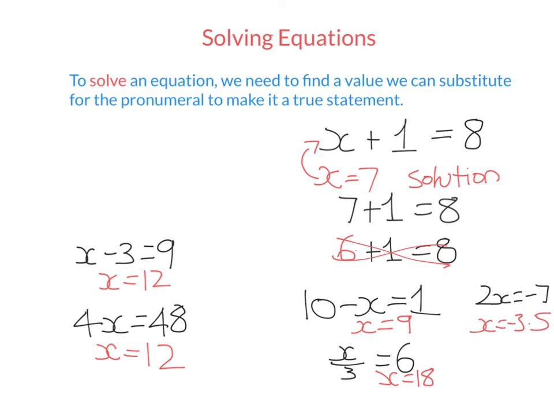That is the solution because if I substitute x for minus 3.5, I get a true statement. 2 times minus 3.5 does equal minus 7. And again, that's the only solution. All of these equations have only one solution. So sometimes the solution will be negative, sometimes it won't be a whole number. That doesn't mean you've done something wrong if your answer's not a whole number,